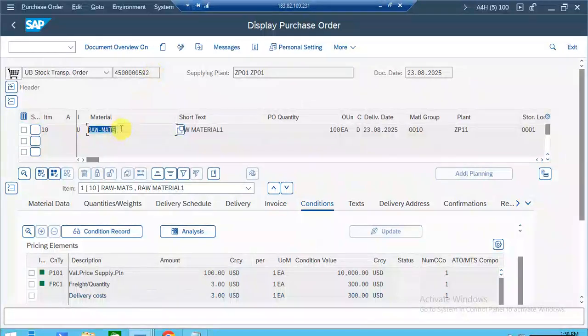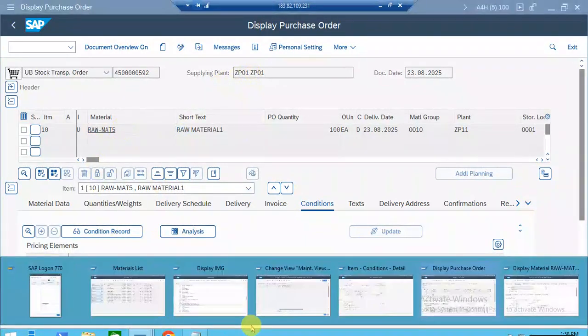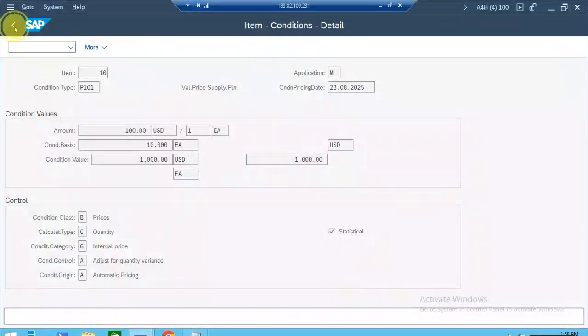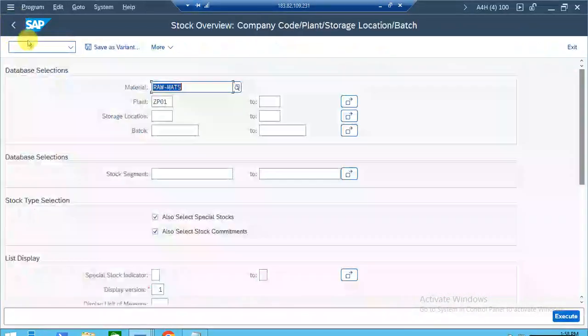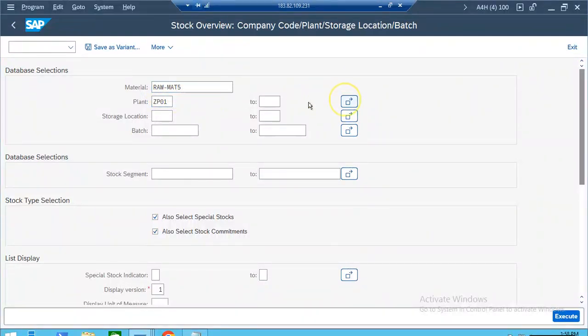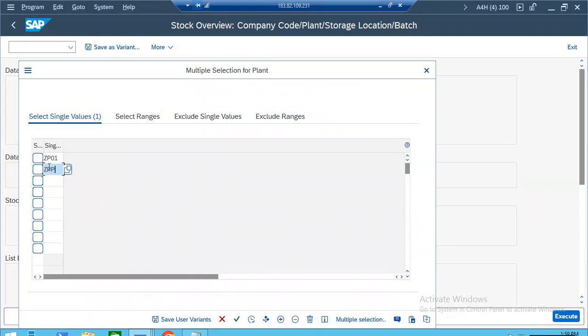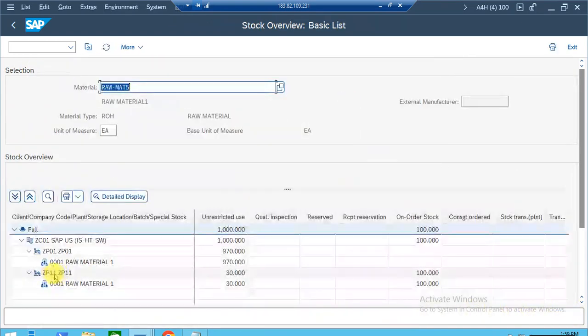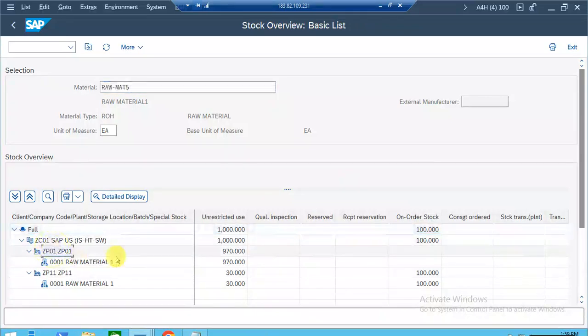First of all, what we will do, we will check what is the stock status for this material in both supplying and receiving plant. Execute MMB. So here we entered our material, and here we will enter supplying plant code and receiving plant code. So our supplying plant is ZP01 and receiving plant is ZP11. Click on execute. So in supplying plant we have a total 970, and receiving plant we have 30